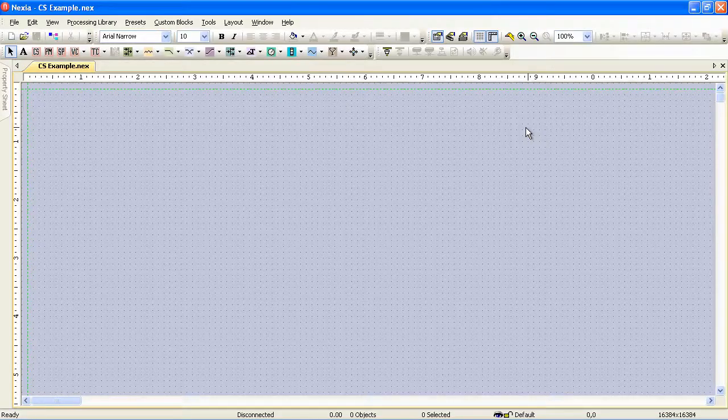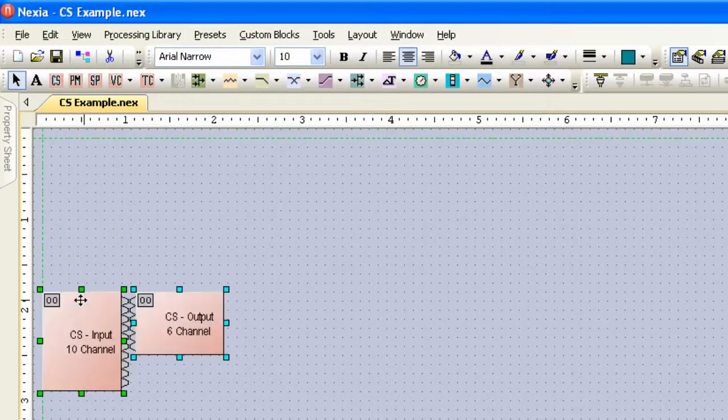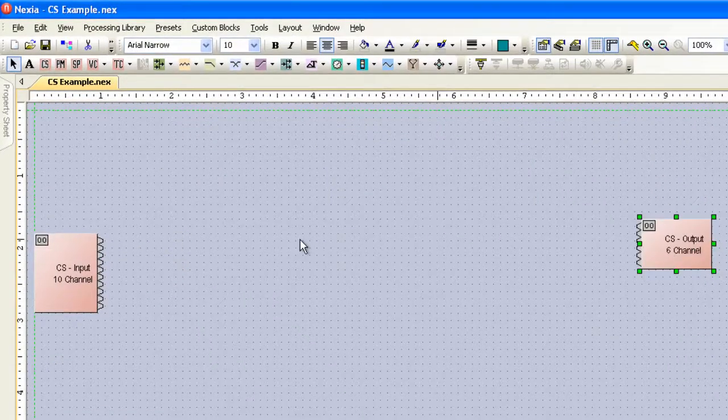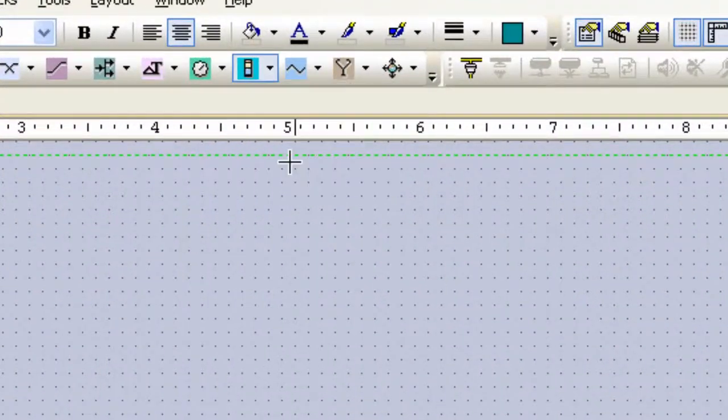Okay, let's look at the Nexia CS. If we go up here to the menu, we can click on the CS and drop it down on the screen. We can click somewhere else to separate the two blocks and move the output block over. And then the next most important thing that we should do on every file is to go and grab